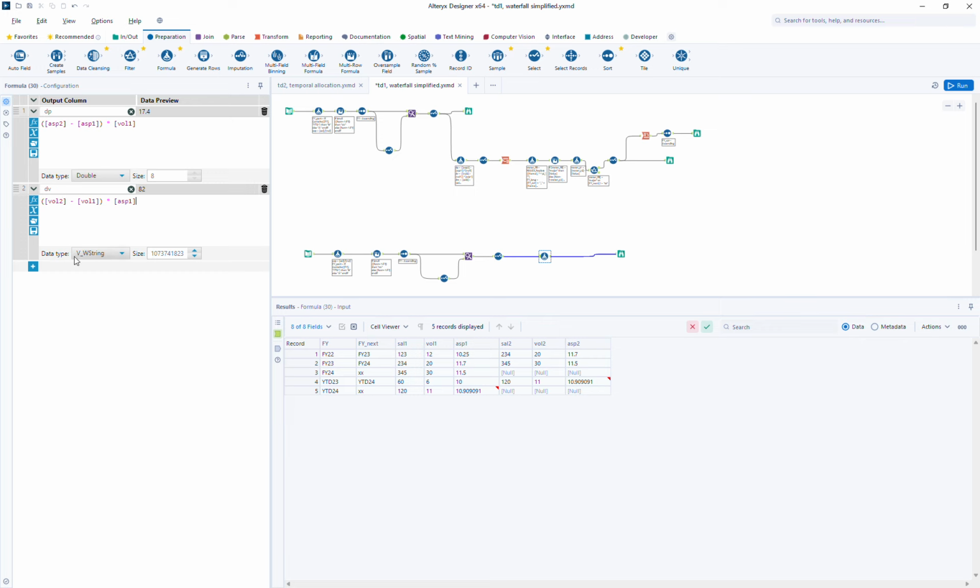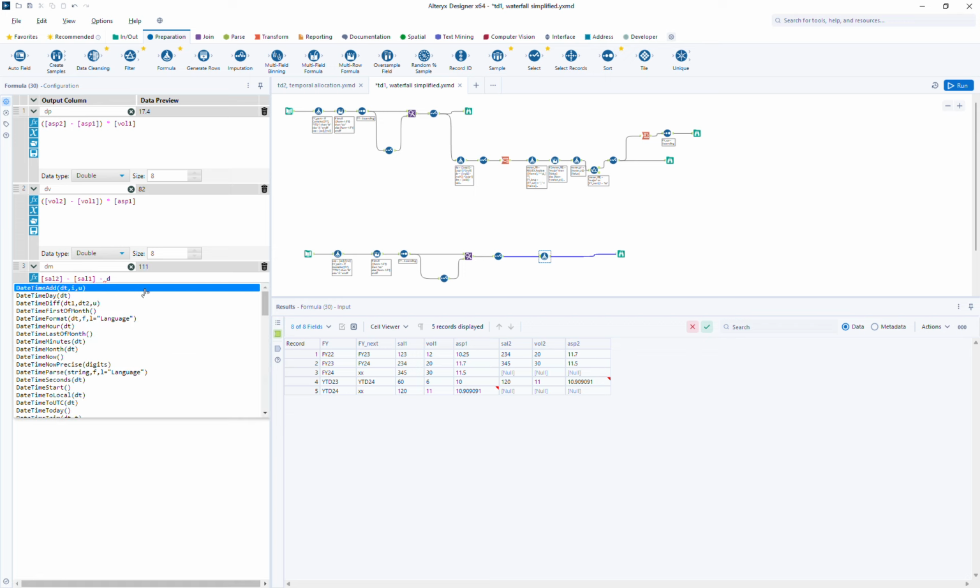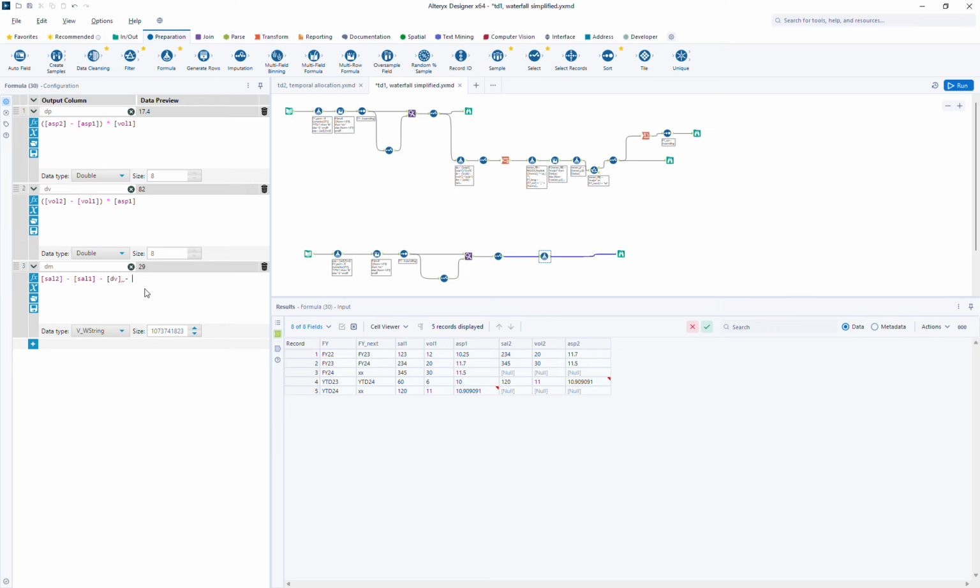After this, if you want to compute the difference, the mixture of both, then you just use the sale of the next year minus the sale of the current year minus the differences in volume, and then minus the differences in price, and then you have the difference, the mixture in differences. Okay, so